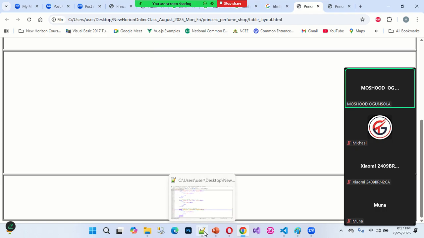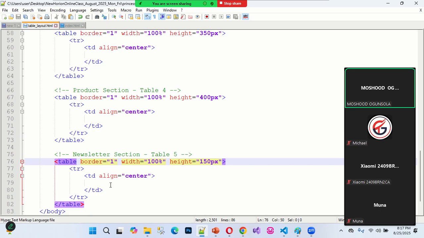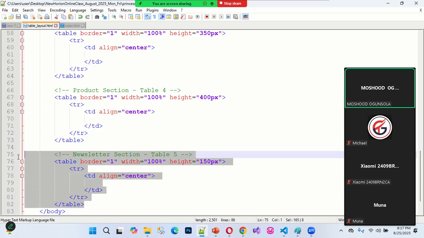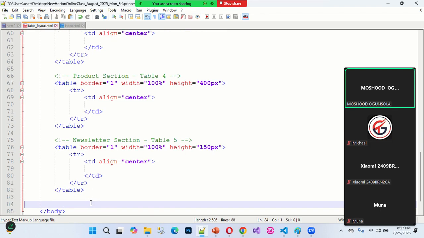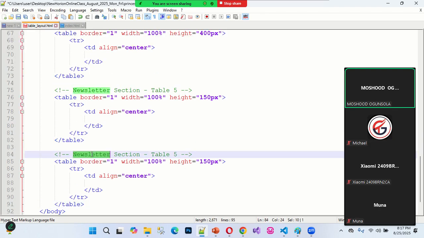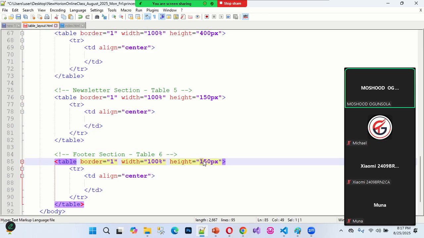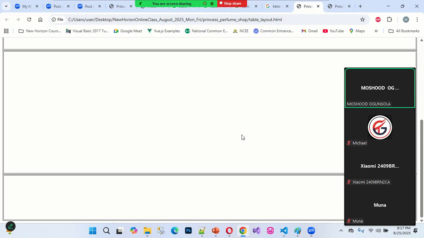And the last one is footer section now. So I can come down here again and now create a last table which is for footer section now. So the footer section is table 6 now, and I'm making the height to be 50. So that is it. So I can put my footer information here by using the name of our website here now, which is